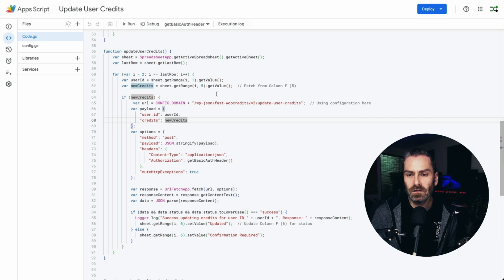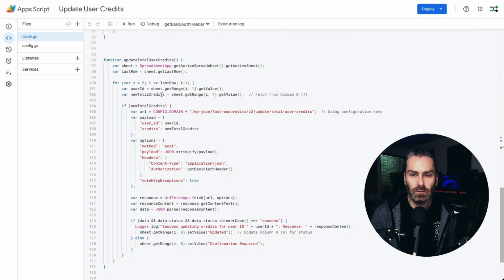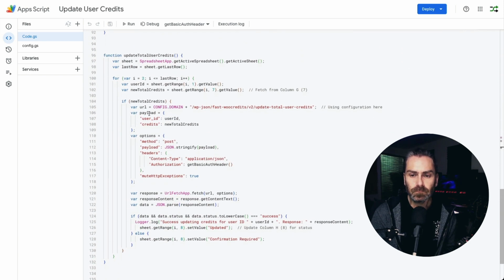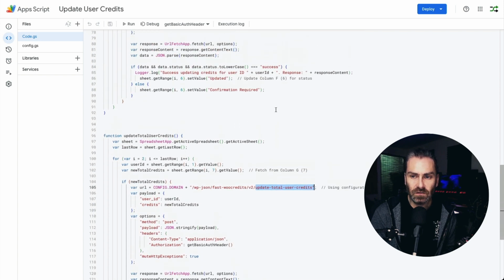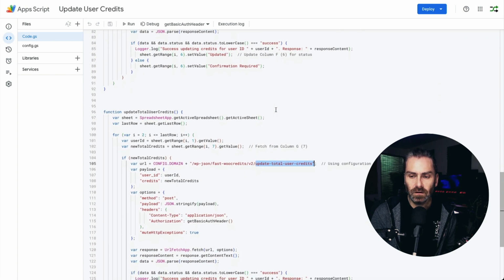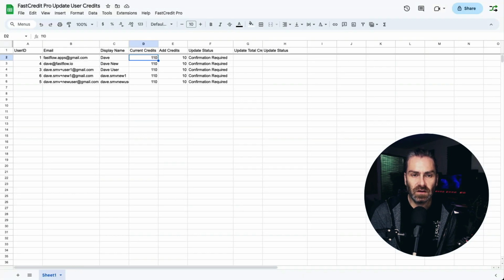So if you go back into this script, we look a bit further down, we've got this other function here. And you can see in here, the payload is, again, user ID. And this other one is new total credits, right? So we're updating the total user credits as opposed to adding to the user credits. So if we go into the sheet again,